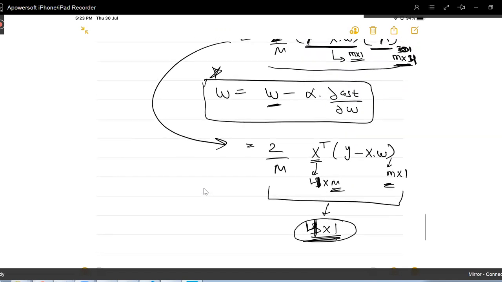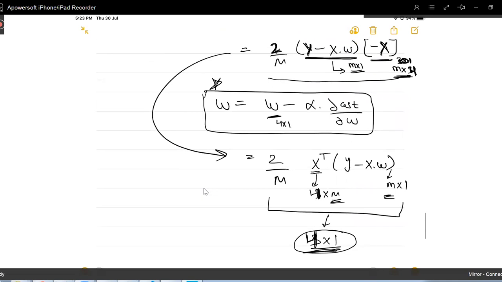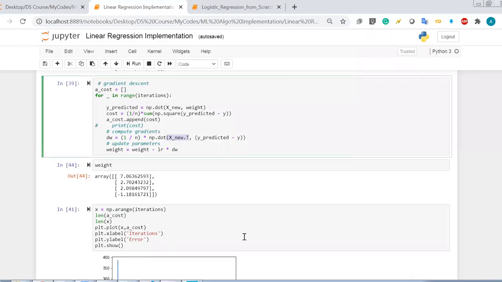Okay, so the weight is 4 into 1, and this term will also be 4 into 1. That's why we will then be able to do addition or subtraction in them. The thing that I wanted to tell you is about the dimensions. Why did I write this transpose over here? I guess you would have understood why we have written transpose, because the dimension of